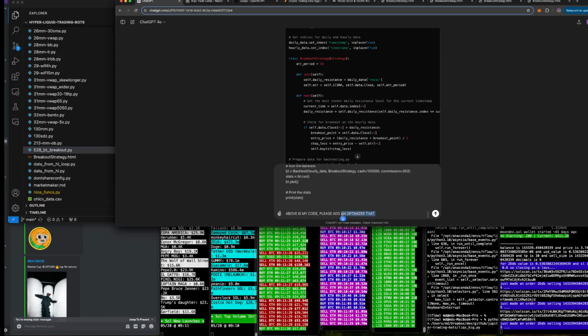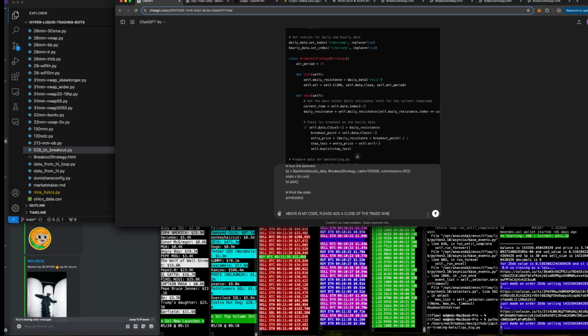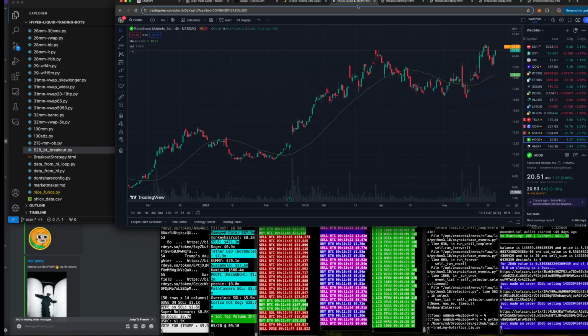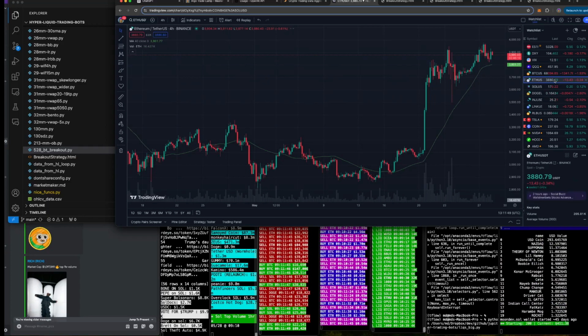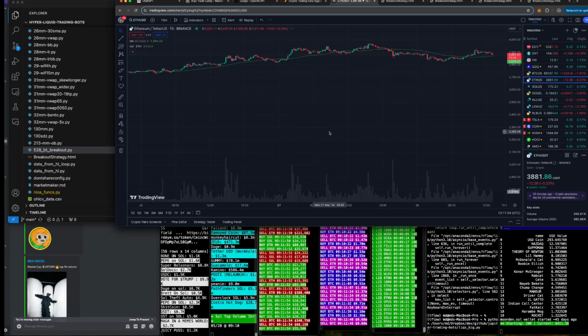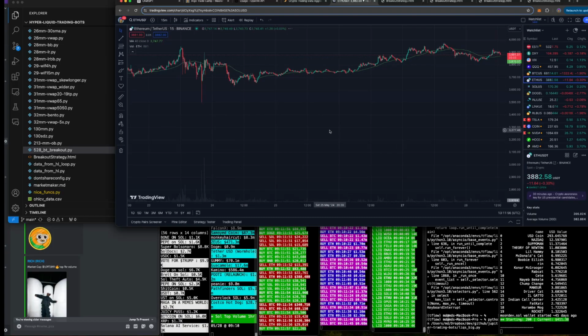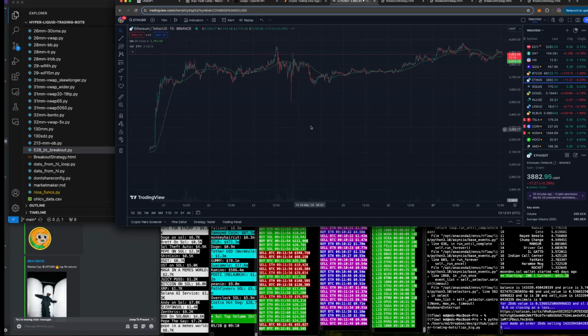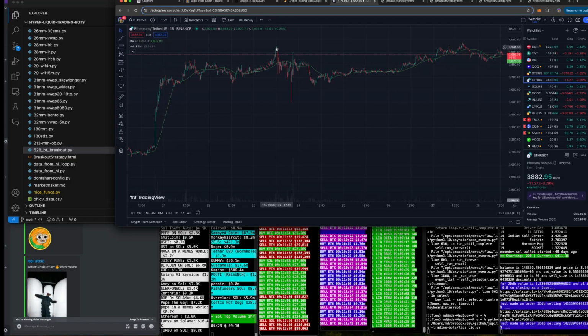Please add a take profit, add a close of the trade when... Let's just go raw dog it a little bit. Doesn't matter what token. Really doesn't. I wanted to do this when